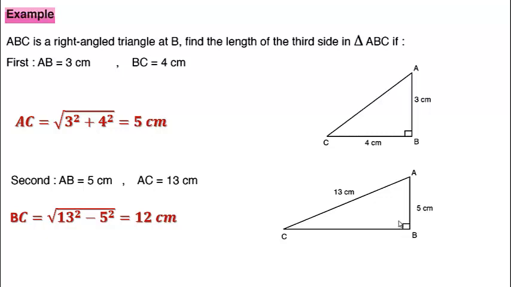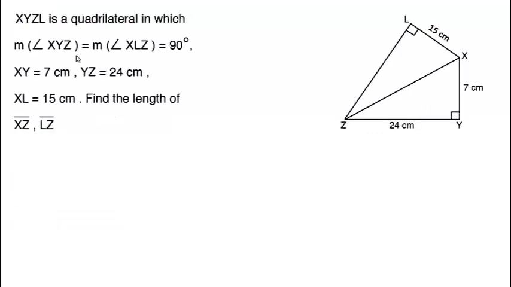Let's go to another example. Here it says that XYZL is a quadrilateral in which the measure of angle XYZ equals the measure of angle XLZ, equal to 90 degrees. So we have here two right angled triangles, and here 7, here 24, here 15. He wants us to get the length of XZ and LZ. So here I will use Pythagoras twice, once in triangle XYZ